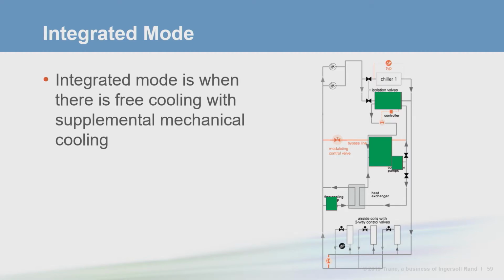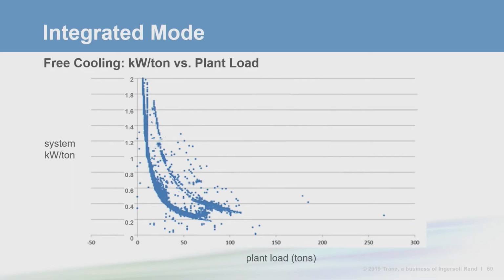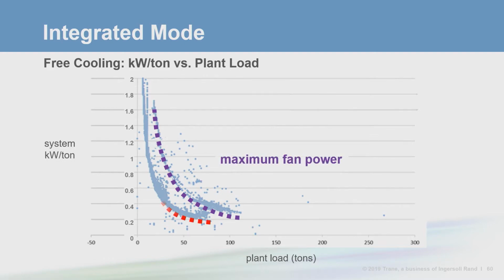This matters because it helps us figure out when to stop free cooling. Here you see a graph of efficiency of the system as a function of load. The 2 curves are the total system efficiency at the minimum and maximum cooling tower fan power. While it's tempting to assume that all of the operating points will fall between these 2 extremes, we can also